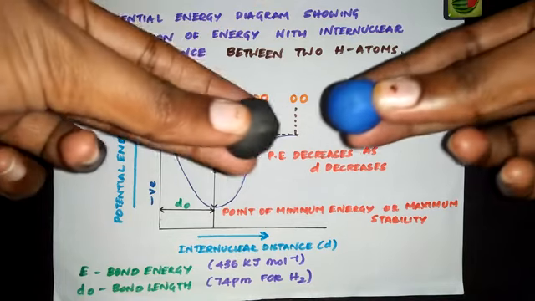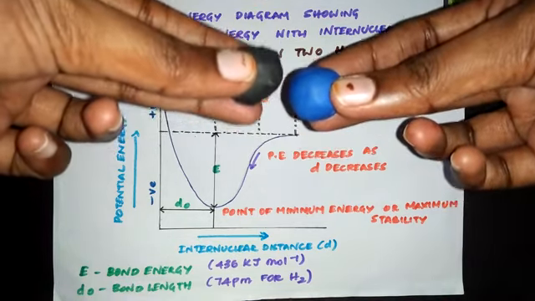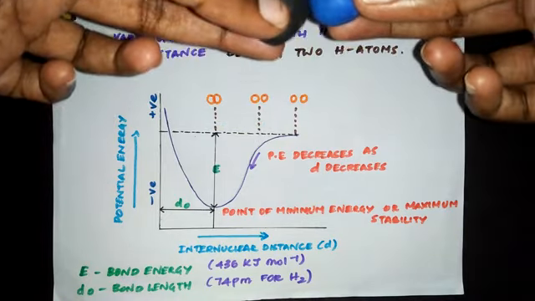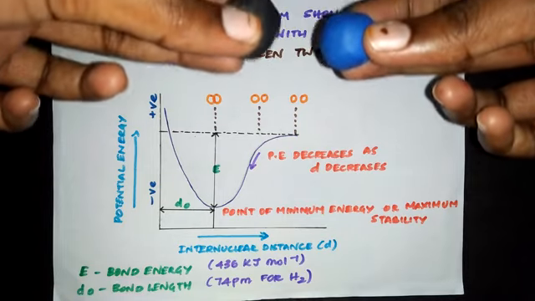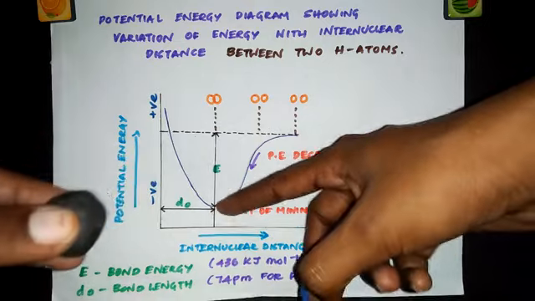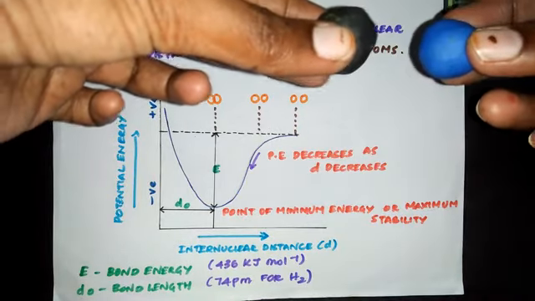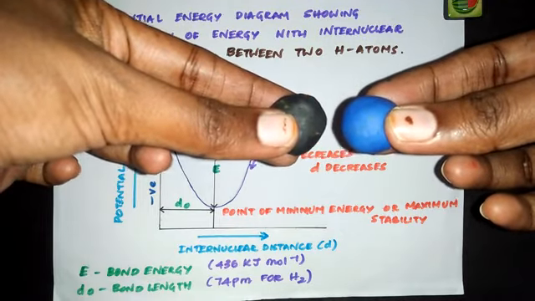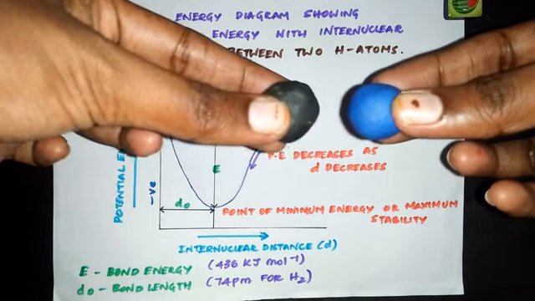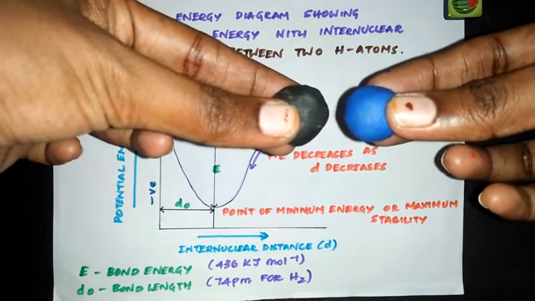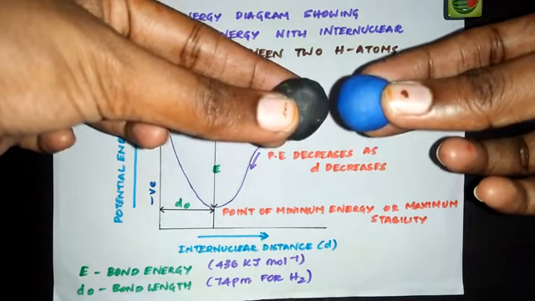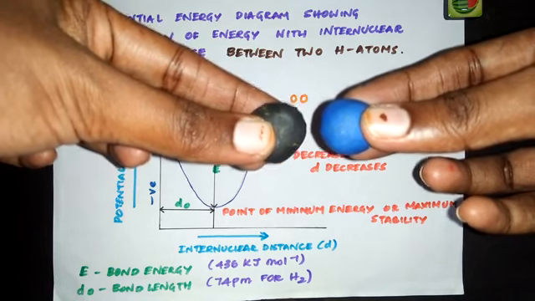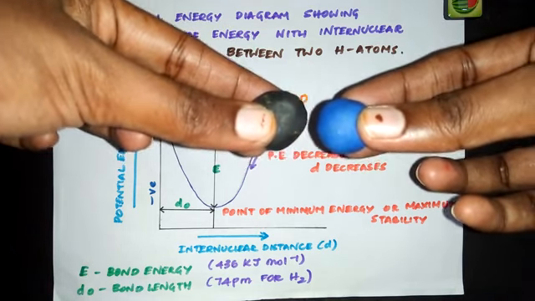But when they are coming closer to each other, at a certain equilibrium distance, the forces of repulsion are just balanced by the forces of attraction, and the energy of the system becomes minimum. See, this is that minimum energy. So now imagine at this particular distance, the force of attraction and force of repulsion are balanced. So what will happen? They will be staying at this distance. They cannot come any closer anymore. They will stop here. So now let's put a stick here to show that they are stopping at this distance.